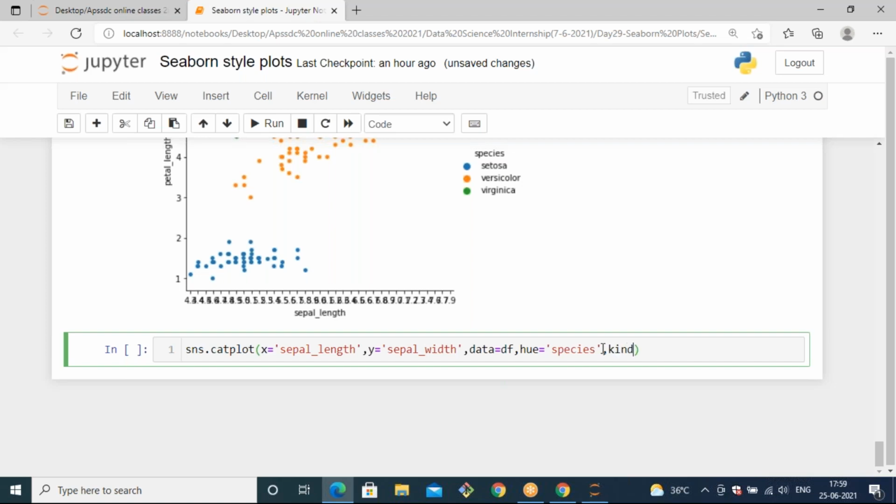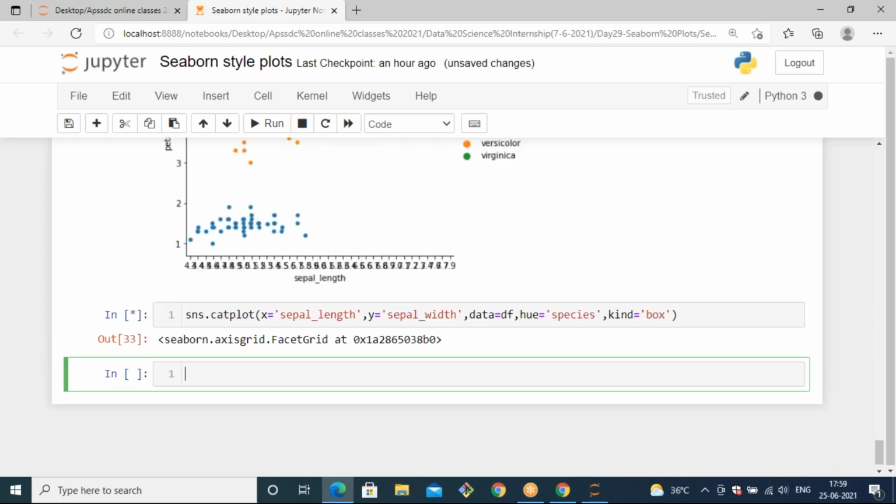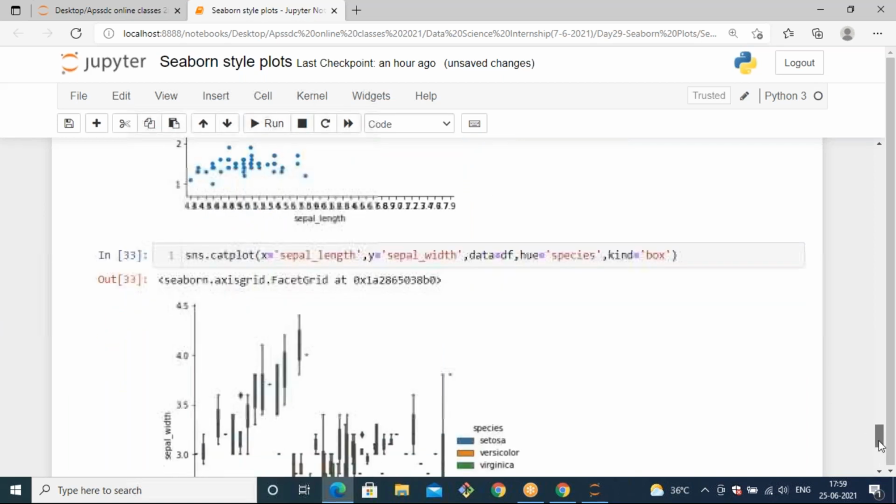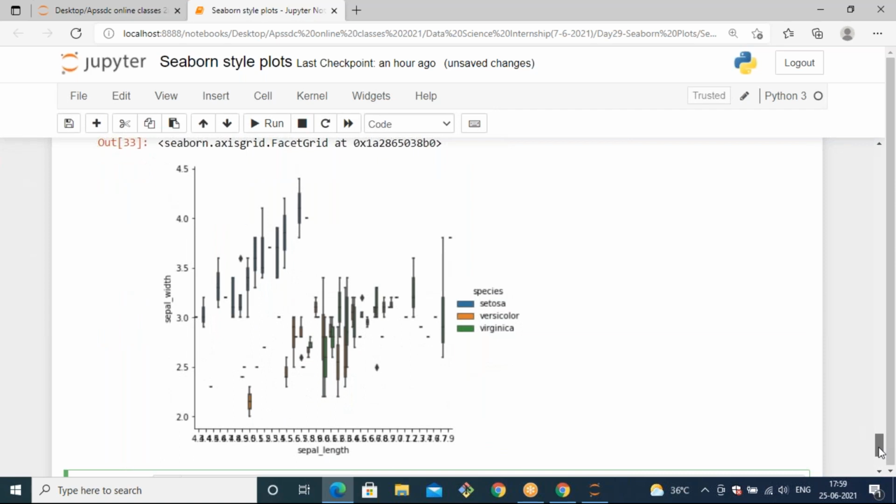And now instead of generating a strip plot by default, I want to generate a box plot, so I can use the kind parameter. With that kind parameter, you can generate a categorical catplot of box. For that you need to specify kind equals to box. So it will generate a box plot for every value.